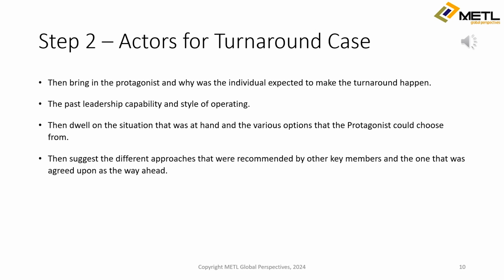Then bring in the protagonist. Why was the individual expected to make the turnaround happen? Why did the management or the board feel that the individual is the right person? The past leadership's capability and the style of operation. Then dwell on the situation that was at hand and the various options that the protagonist could choose from. Then suggest the different approaches that were recommended by other key members and the one that was agreed upon